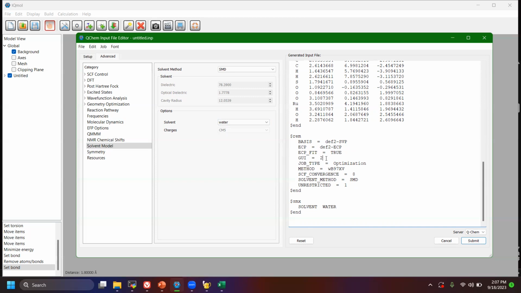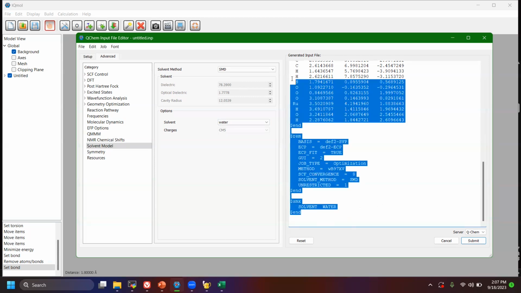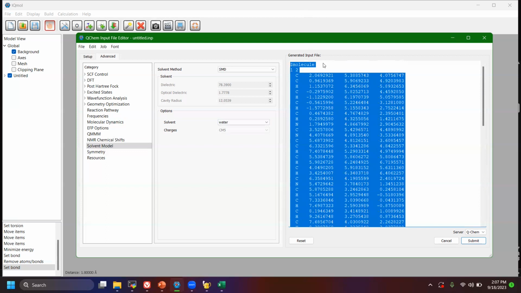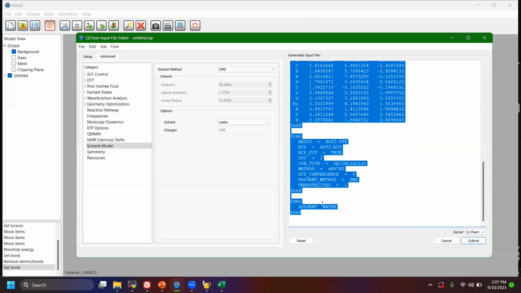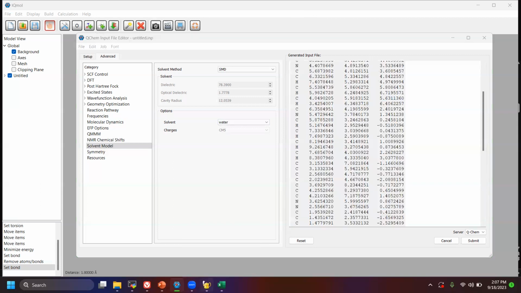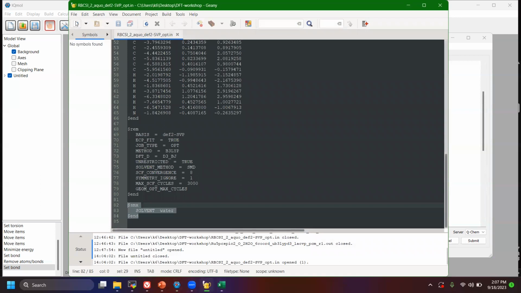Yeah, so we'll set that to 2, just in case we want to see the orbitals, which may come up in the next meeting. But now we have our input, which should be totally set. We can select all of our data, copy it, and then we'll paste it into a Word or a text